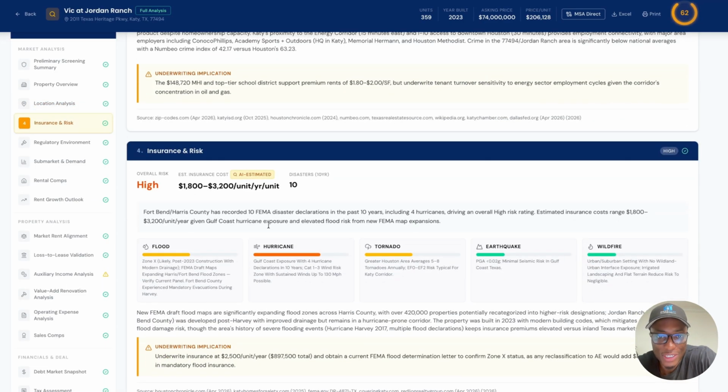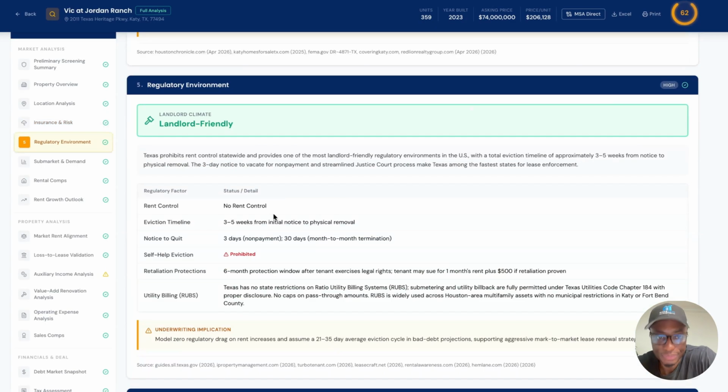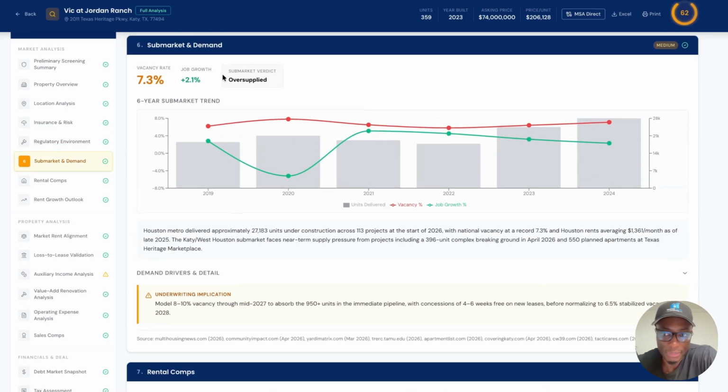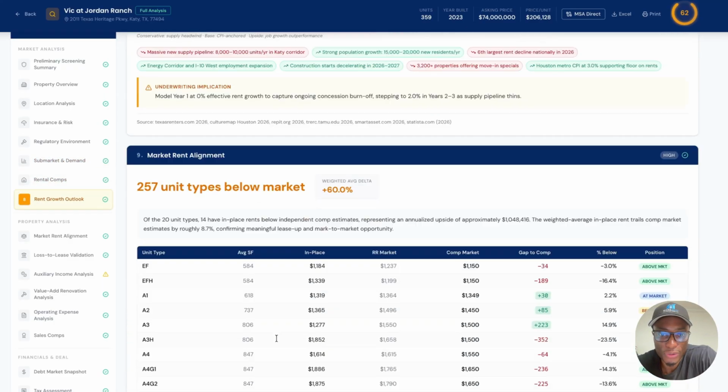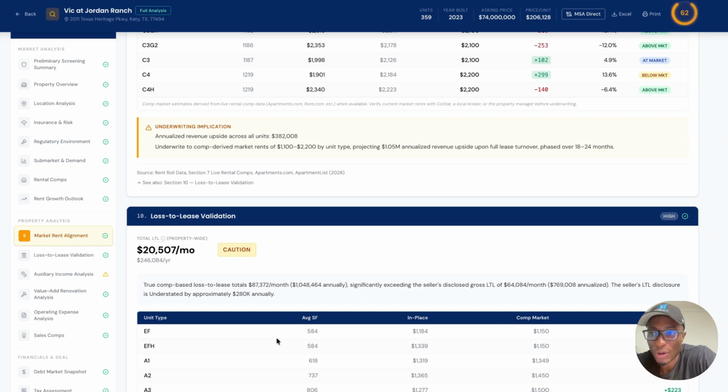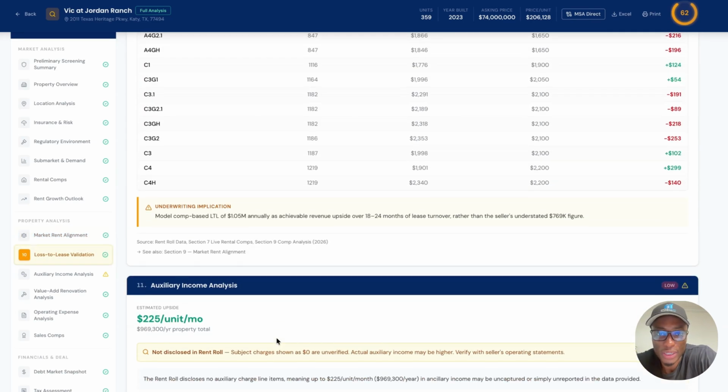Insurance risk. This is located in Texas, so you want to worry about hurricanes and tornadoes. Is it landlord friendly? It tells you it's very landlord friendly. Demand, you can see the current vacancy rate and the 6-year historical data. It also provides the source where it's pulling a lot of that information from. So you can go through this report. This is something that can help you have a preliminary idea of that location on the property that you're looking